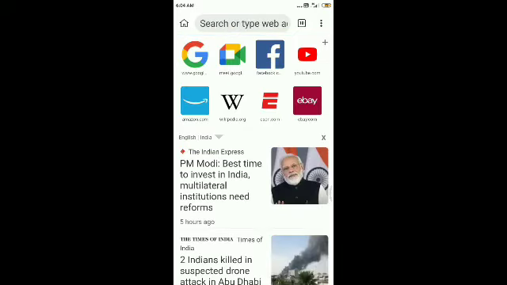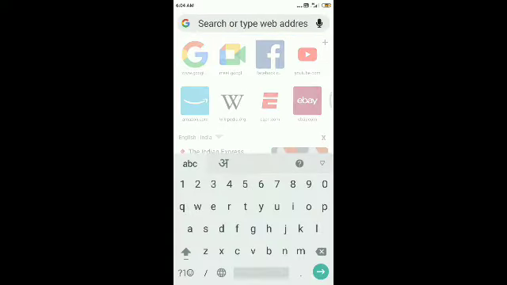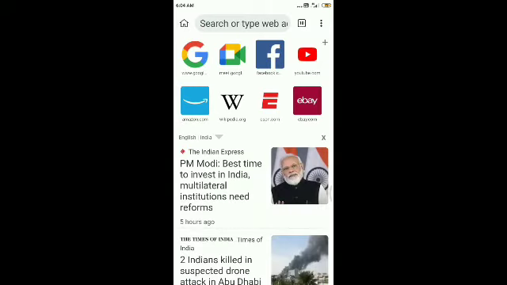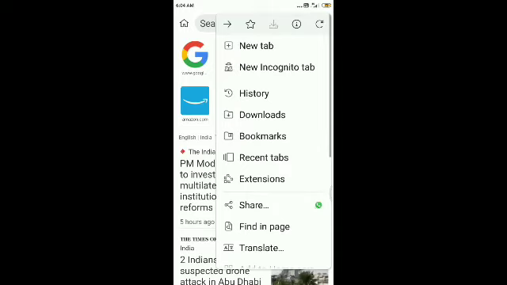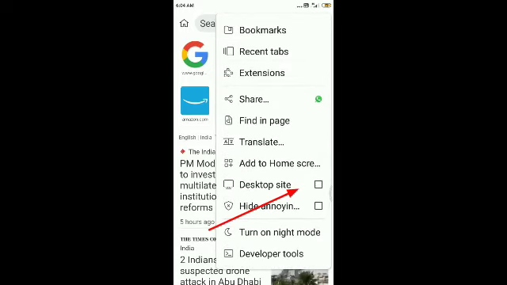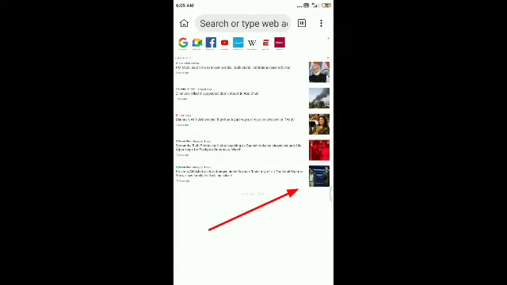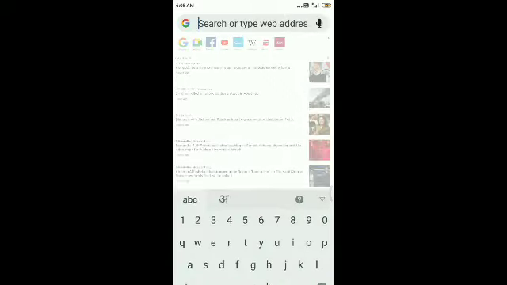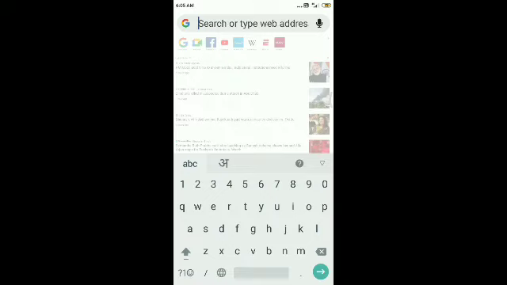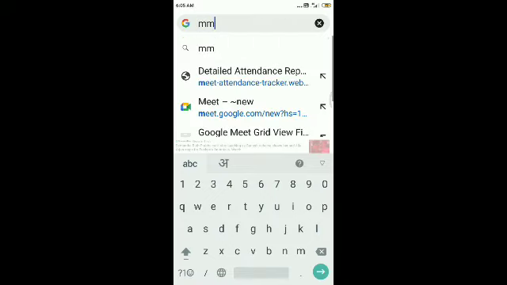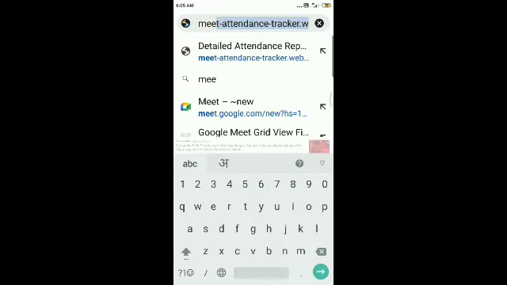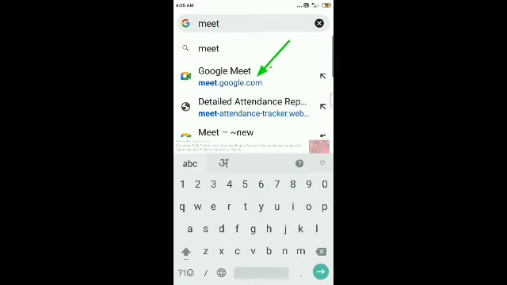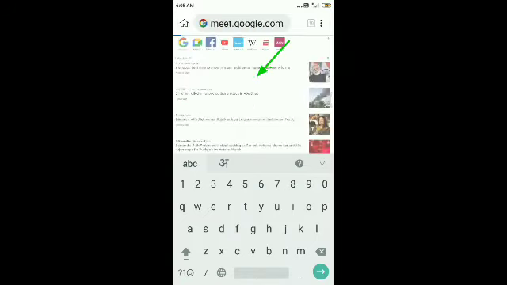Sorry. Before typing, you have to make sure that your phone is in desktop site mode. Now search here Google Meet.